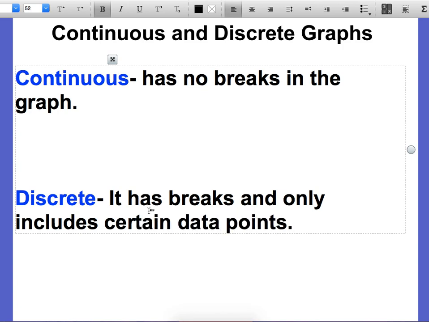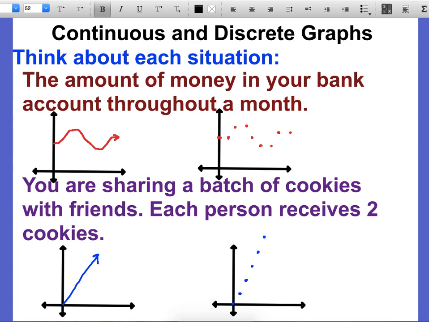We'll look at a couple examples of these, and then you're going to try some on your own as well. So let's look at each situation here. The first one says the amount of money in your bank account throughout a month. So the first graph here, this would be a continuous graph, and this would be a discrete graph where there's only certain points. So if I'm thinking about the amount of money in your bank account throughout a month,